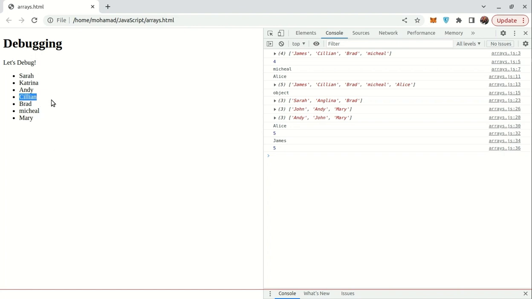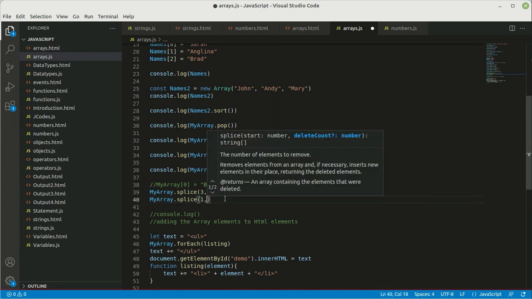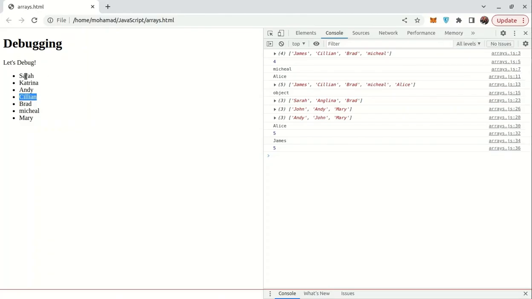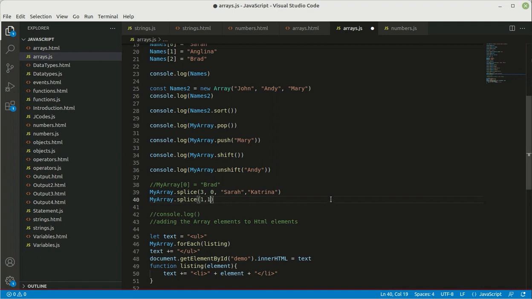position of that element. So here I want to remove Katrina, position number 1, and then how many elements you want to remove from the beginning of this number. So for example, if you want to remove Katrina and the other name after it, Andy, you can write 2. Or if you want to only remove Katrina, you can write 1. So if I save this code and refresh the page,